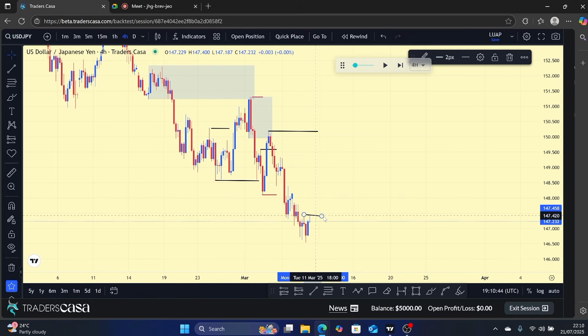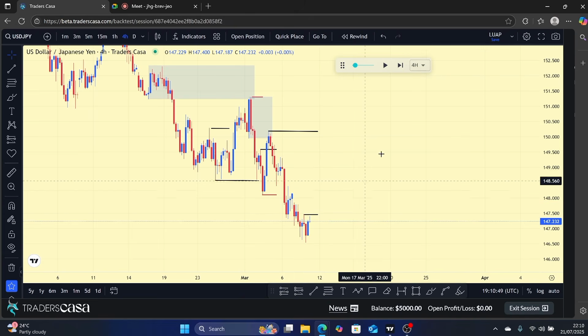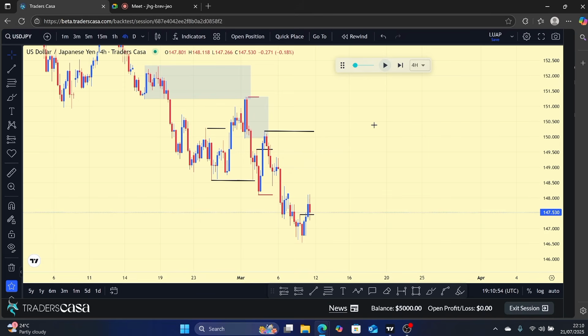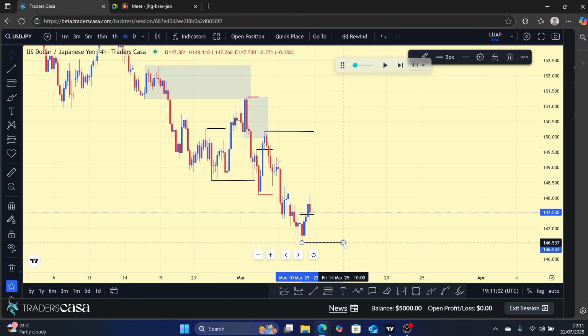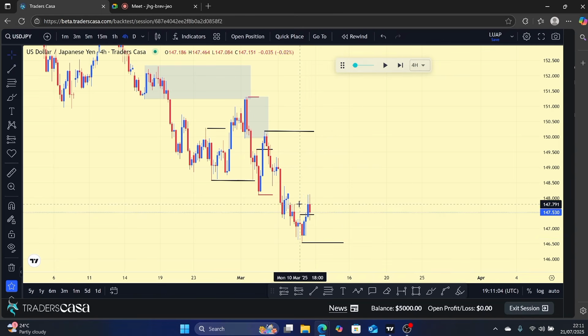Yeah, exactly right there. And not until that inducement is taken out, I cannot start marking the order flows. Exactly right there, you can see this is not a sweep, but it is a liquidity run. So this means that I will now be marking the POIs, or this is the right moment to mark the POIs. Yeah, so starting from the extreme, this one here is what we call the